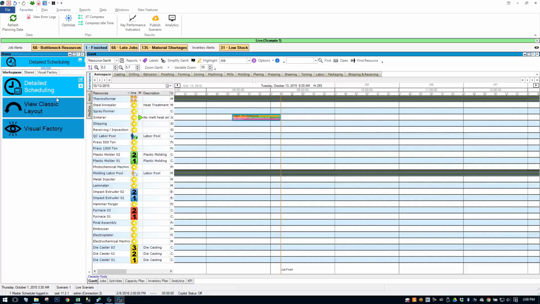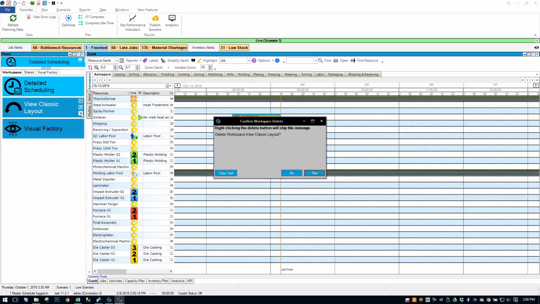And if you're upgrading from an older version of PlanetTogether, you might look at this and say, whoa, this is a lot different. My menu buttons are in different places here. You can always load the View Classic layout view, and that'll get you back to that state of PlanetTogether before you upgraded. But not too much is different. Don't worry if you get rid of these, because I'm going to show you in a second